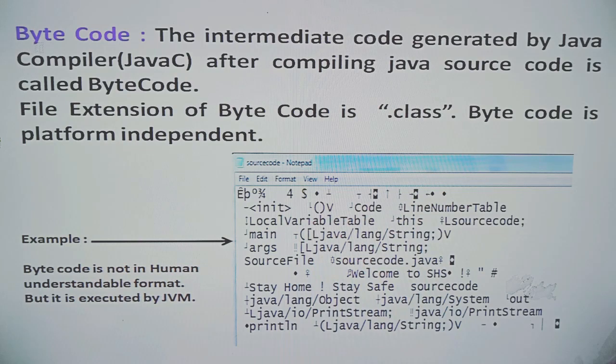Now here just try to understand the difference between bytecode and source code. Source code is platform dependent, but bytecode is platform independent. And bytecode is not in human understandable format, but it is executed by the JVM. Every JVM is able to execute bytecode. Now here you can see that this screenshot I have taken for the bytecode. Now the practical implementation, if you want to see,